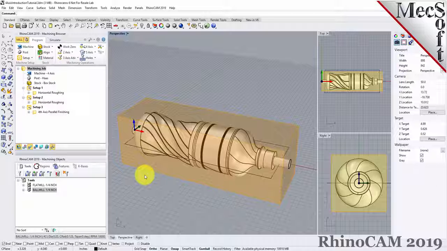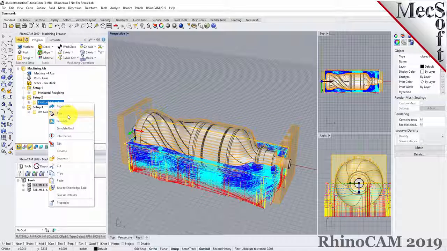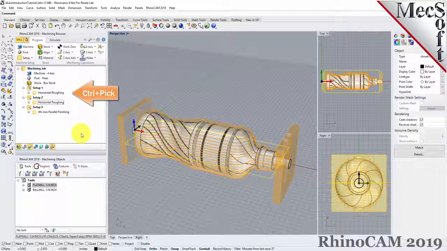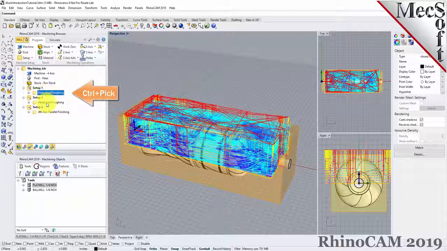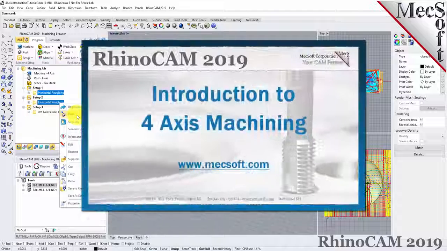When your machining job contains multiple setups, you can select any setup, right-click and select Post to post only that setup. While holding the Control key down, you can select multiple operations and then right-click and select Post to post only the selected operation. For further assistance, you can visit the online help supplied with the program or visit